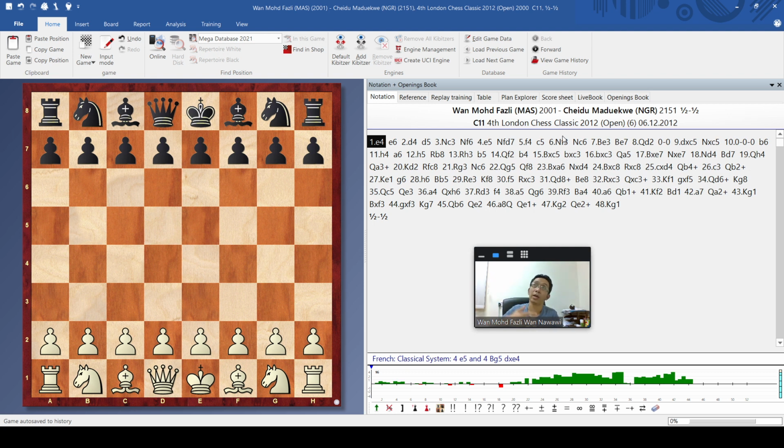Let's say, okay, tomorrow I will play this guy. So you can prepare in advance. Normally, when you prepare against an opponent that you don't know, you prepare against their opening. You don't know how they play their endgame or middlegame, that can be different. But normally, if you know your opponent, you prepare their opening.